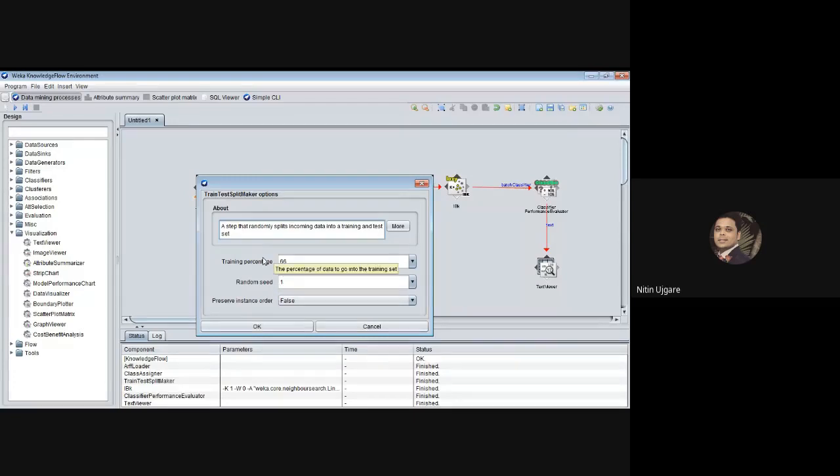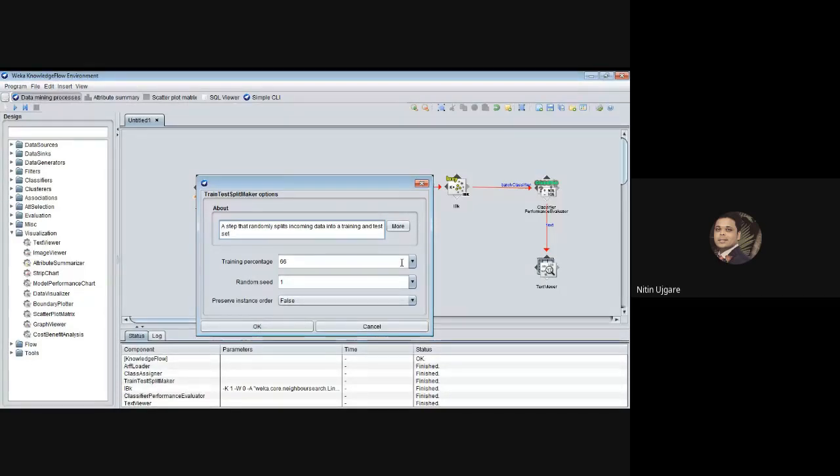So here you can change the percentage of split. By default, if you do not change, the value of percentage of split is 66, and 34. So 66% of instances from the original data set will be copied into the train data set, and the remaining 34% instances will go into the test data set.